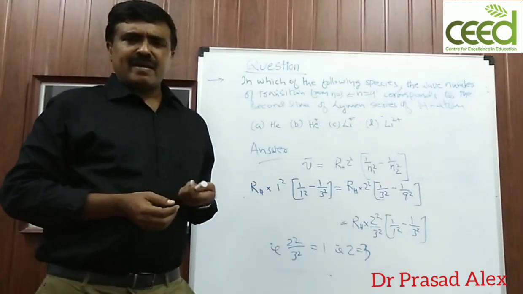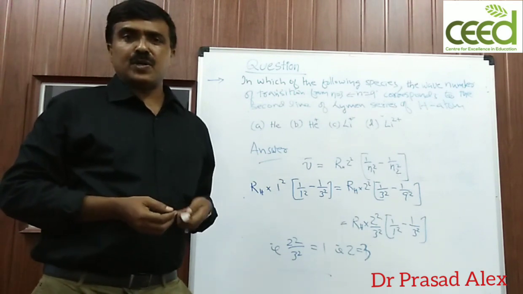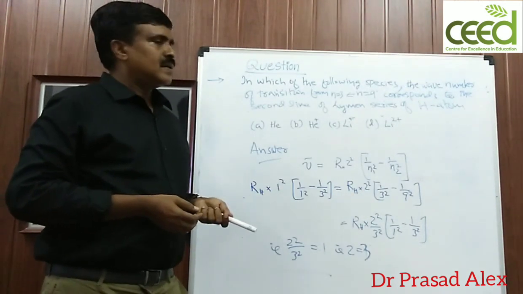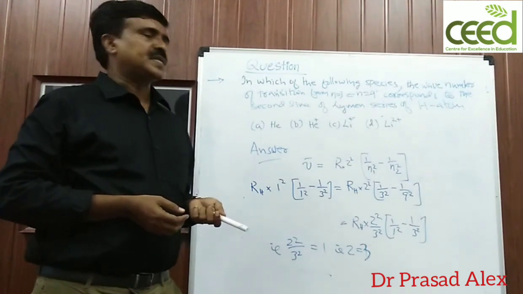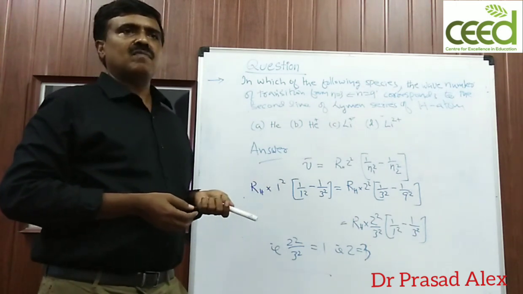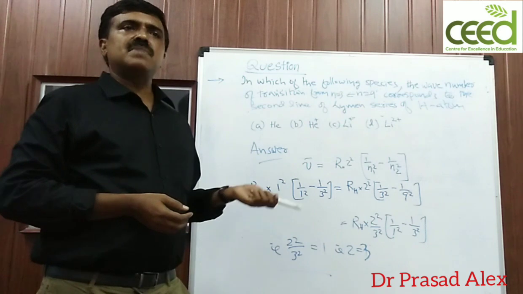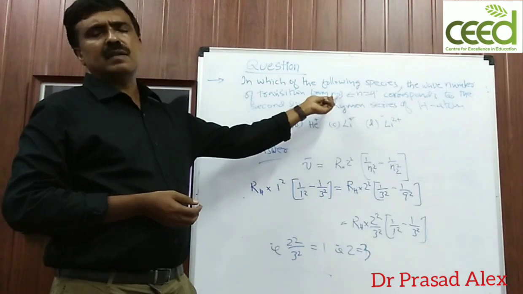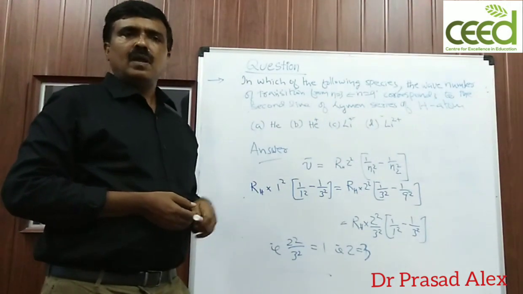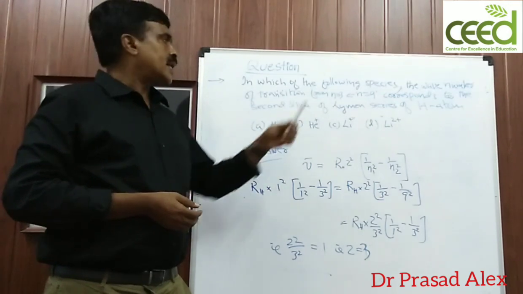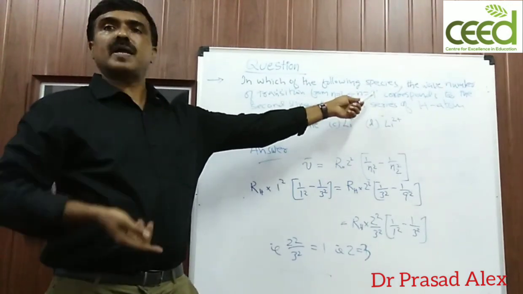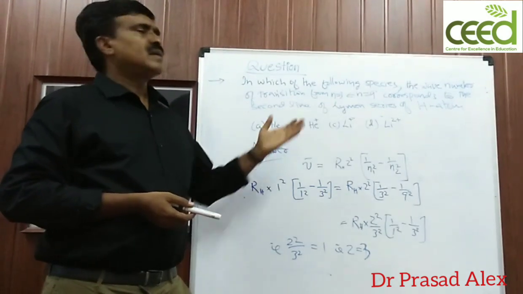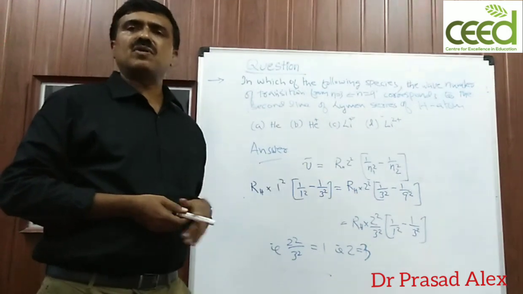But we can have a shorter method also. We need not go through all these formulas. We can see that the energy level of any one electron species will correspond to that of the hydrogen atom; what we have to do is simply multiply the quantum number by the atomic number. So n equals 1 in hydrogen atom will correspond to n equals 3 in lithium 2 plus ion. N equals 3 in hydrogen atom will correspond to n equals 9, 3 multiplied by 3, in lithium. So what we have to do is find the ratio, and that ratio will be the atomic number